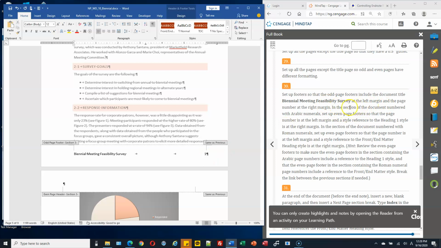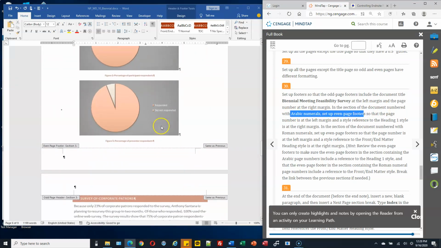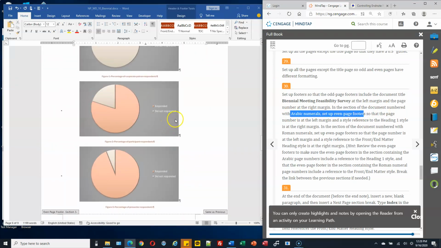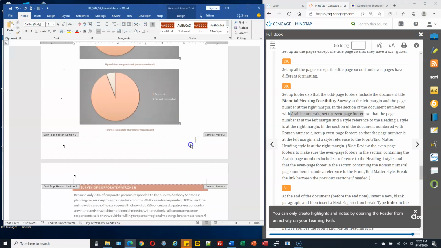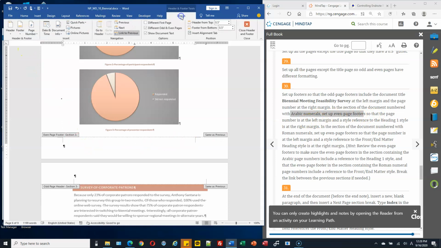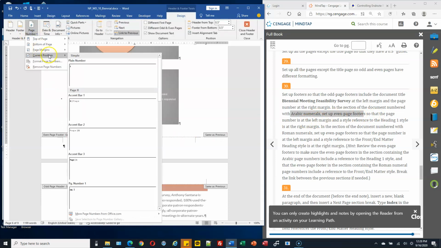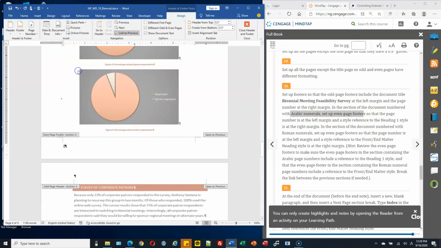Here in the sections of the document numbered with Arabic numbers, set up the even page footers. So go to the even page number. In the pie chart page, there's nothing in the footer, right? So for this one, we will type the page number, left aligned. So we want to insert the page number. So in the Design tab, show the page number on the current position, and since this is an even page, 2